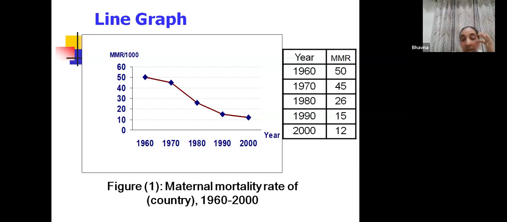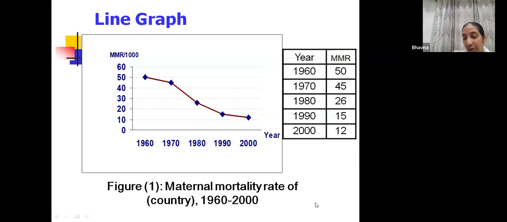Yeah. So look at the trend, it has come down from 50 to 12. Okay. Now, when you look at the chart, you really don't need this diagram. You can see that it was 50 in 1960. In 1970, it has come down. In 1980, it has come further down. And by the year 2000, it is around 10 or 12. Okay. So you can appreciate the trend, right? So this is the reason your line diagram is also called sometimes a trend diagram.